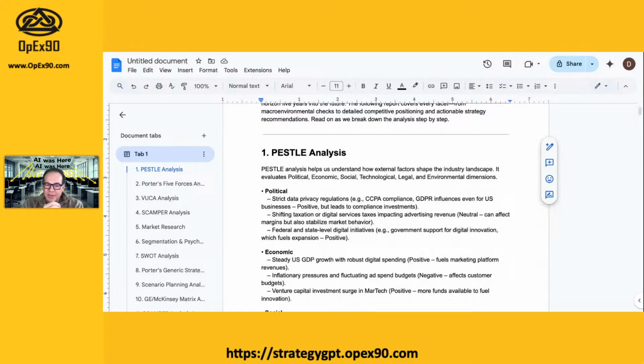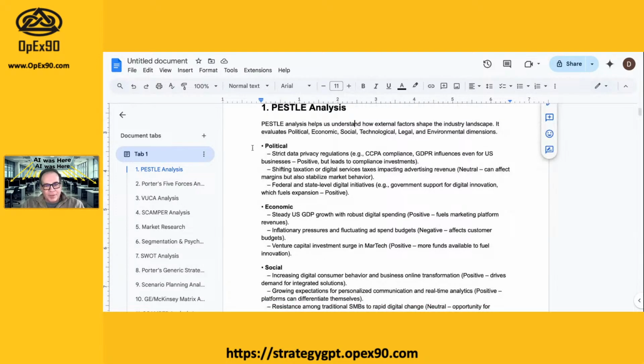So it did the PESTLE analysis. Look, it came up with the same things, right? So, oh, now we have the shifting in taxation, right? I live in the state of Vermont, right? It's not a very friendly business environment, right? They want to tax cloud services. They're killing the small businesses, right? And they want to have strict data privacy rules as well. And they want to have all sorts of laws around AI. They're basically going to cripple businesses, right?